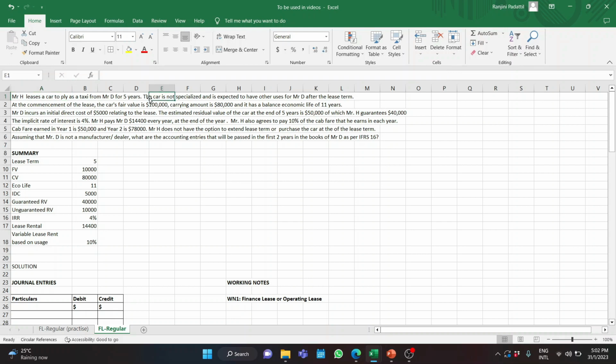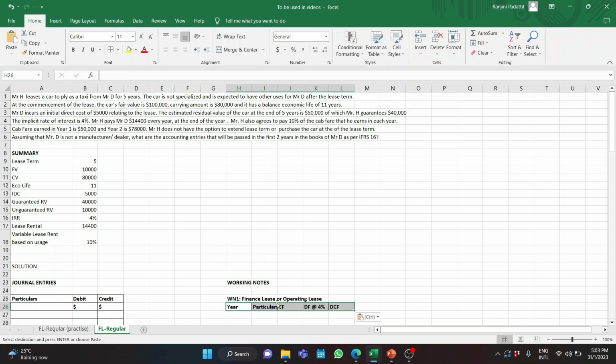The car is not specialized in nature. We know that he doesn't have an option to extend the lease term nor an option to purchase the car. So all of these are indicators of an operating lease. But let's look at that final condition, whether the present value of the lease rentals would cover substantially the price